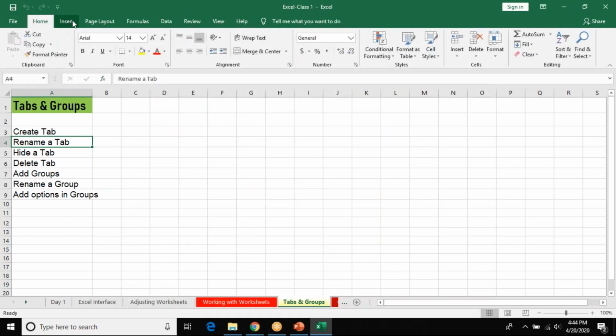File, Home, Insert. Right, it's that simple. So shortcuts, tricks and tabs play a very important role, because that is what you will be making maximum use of. You get the hold of exactly what tabs and groups are. Now again, to cross-check, please type yes if you have understood.